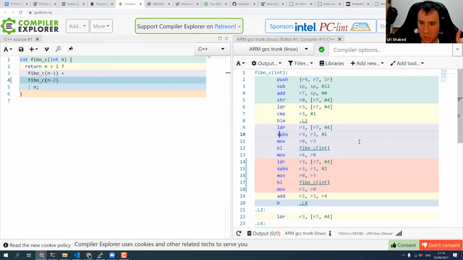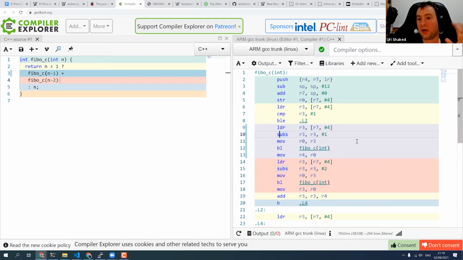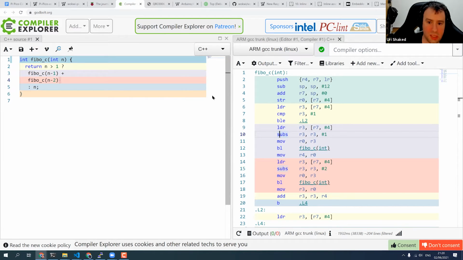Now, this is not ARM v6. There might be some opcodes that are not available on the Pico, like the Pico does not implement all the Thumb opcodes, only some of them. But for the most part, it should give you a good idea, and it's a great way to see